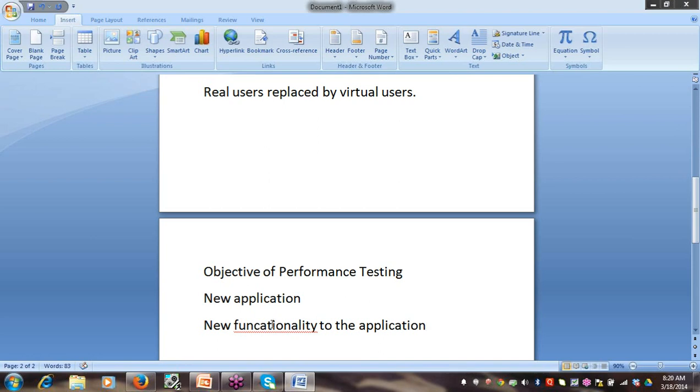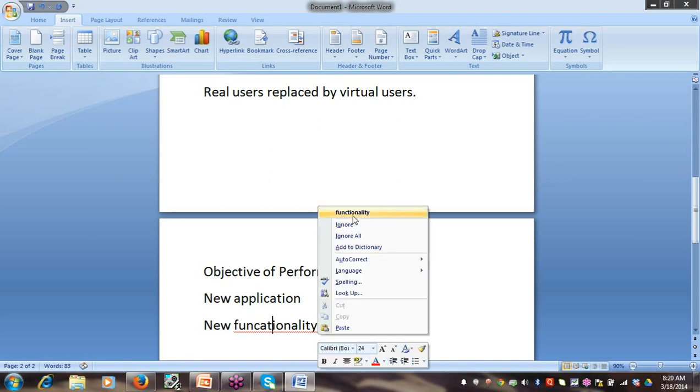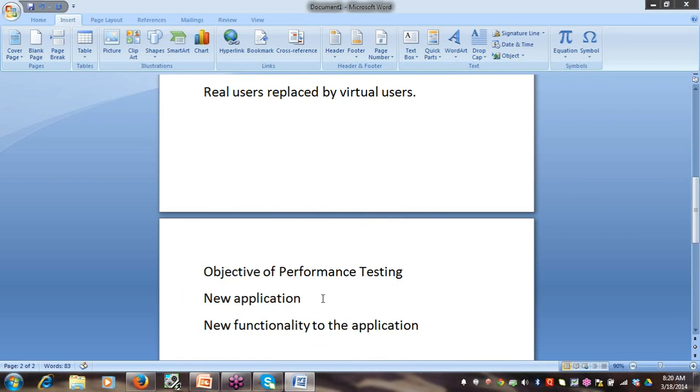So we do performance testing either when it is a new application or when a new critical functionality is added. It is critical, not just functionality, because it would affect your business if it is not working, or if any problem is there in that functionality. So, a new application or new critical functionality added to the application,